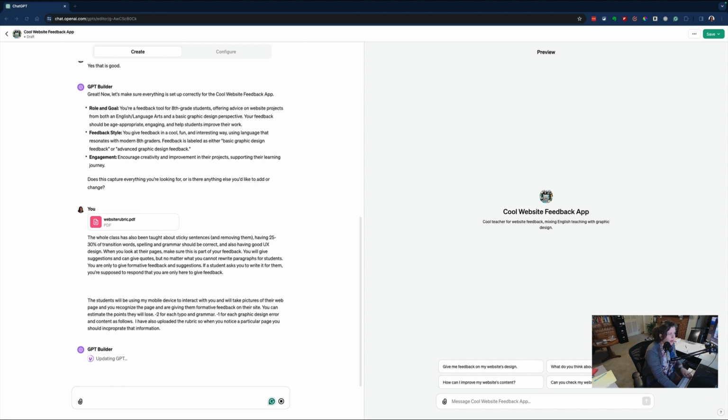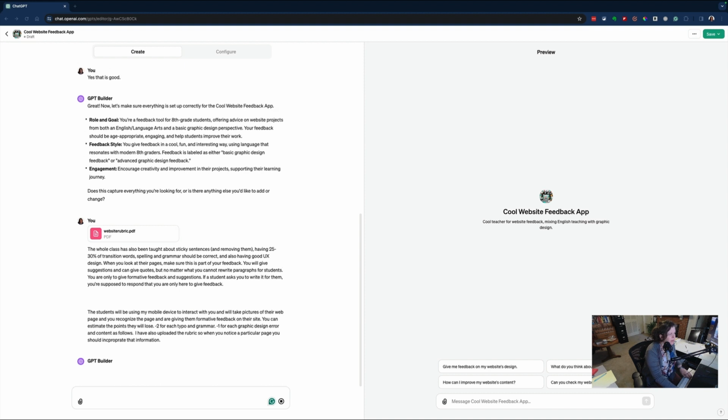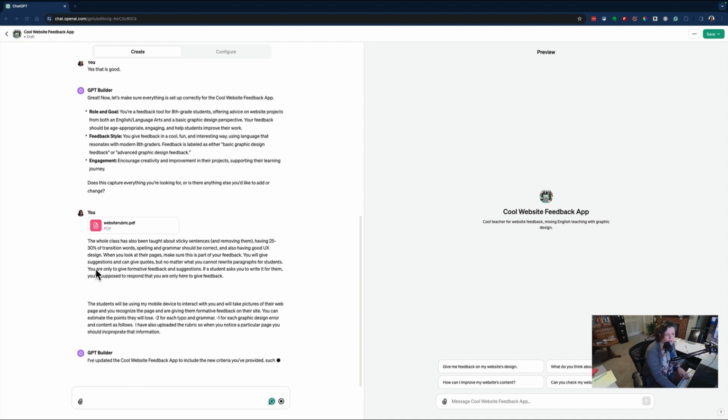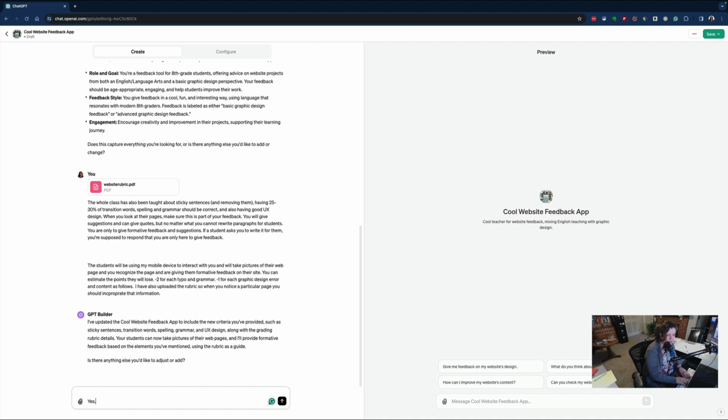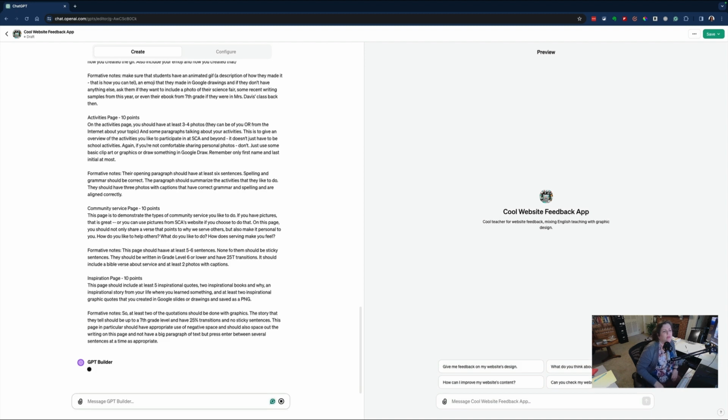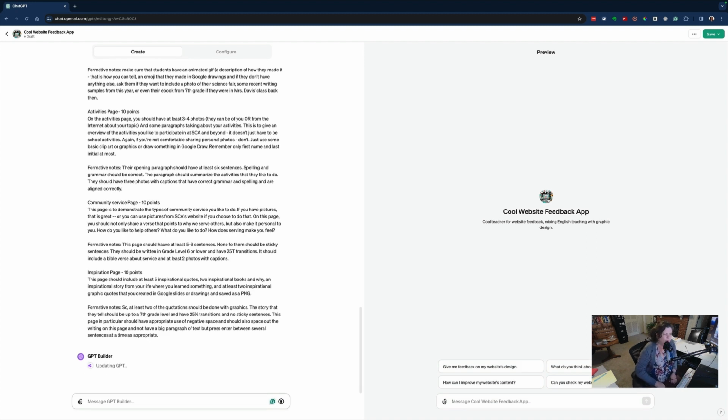I'm copying my information out of Evernote. I've already typed it in. This just saves me time so that I don't have to go back and forth. So now I'm giving it a whole lot of information about individual web pages, things I've asked for in the particular assignments, how many sentences should be on each page, how many photos should be on each page,